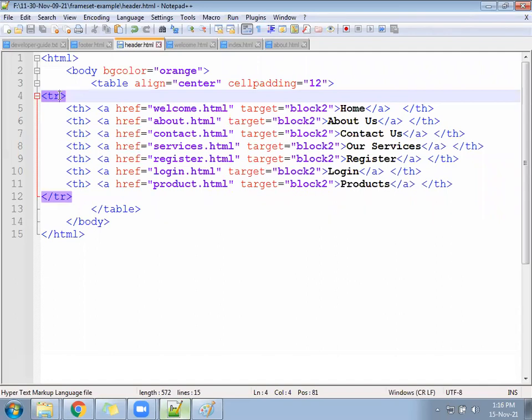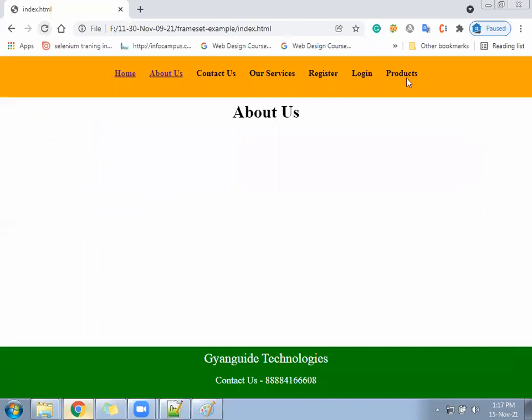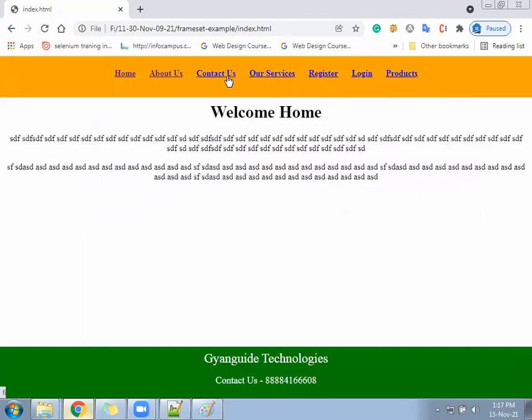So created. So we need to create files called contact, service, register, login and product. Now all the text here is hyperlinked. Once we click on any other page that does not exist, it will show you page not found, within the middle section only. Whichever pages exist will appear here. So let's create a file.